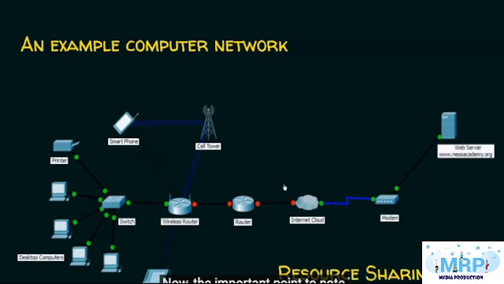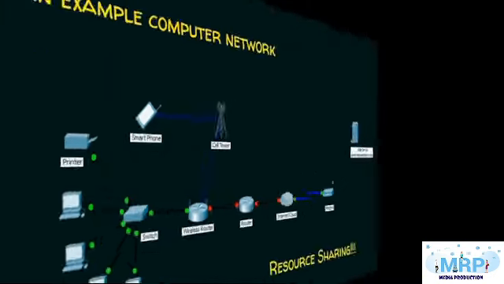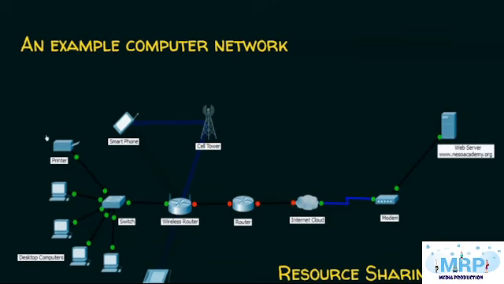Now, the important point to note about a computer network is that it is mainly used for resource sharing. A computer network is mainly used for resource sharing. Say, there are 4 computers here. If all 4 computers want a printer, it is definitely not an ideal solution to purchase 4 printers for all computers. Think of this scenario this way. I have brought in a printer. I have connected this printer to my network. Now all these 4 computers can use this printer. So thus, networks save a lot of